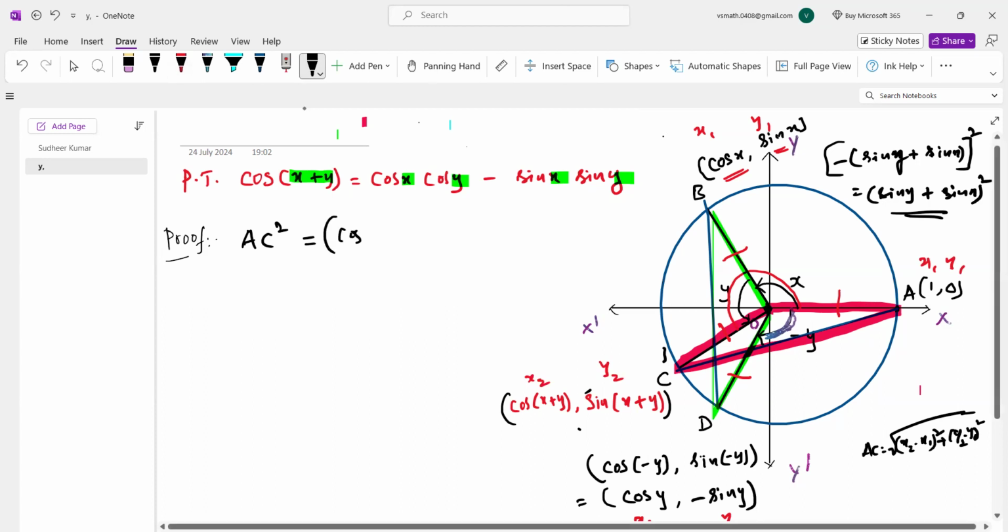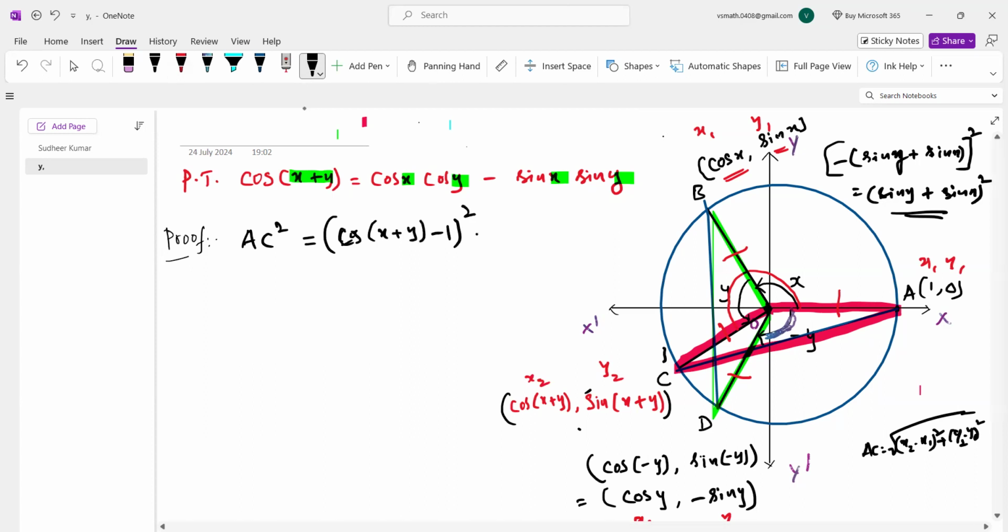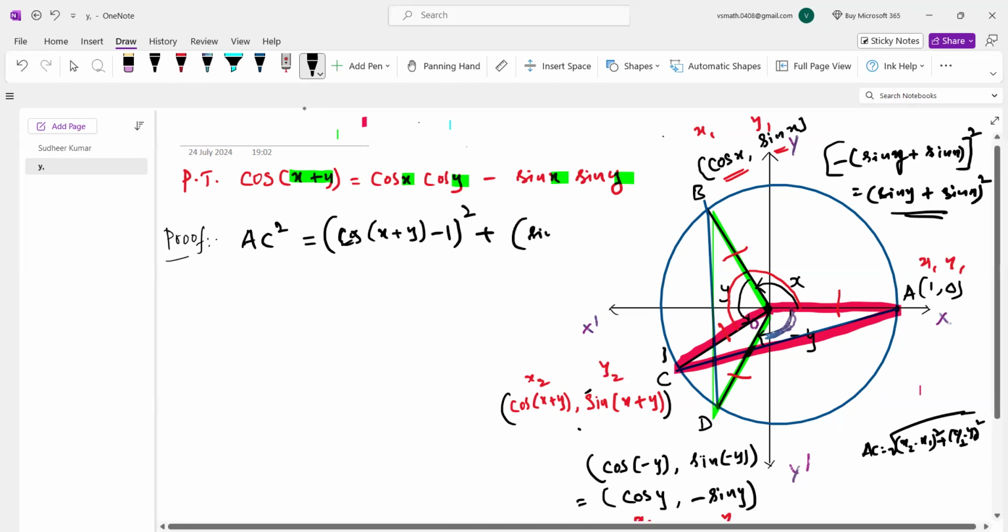So this is (cos of (x plus y) minus 1) whole square plus (sin of (x plus y) minus 0) whole square. So this result is again in the form of (a minus b) whole square. So a square in the sense cos square (x plus y)